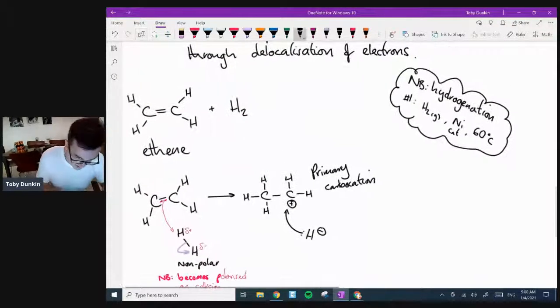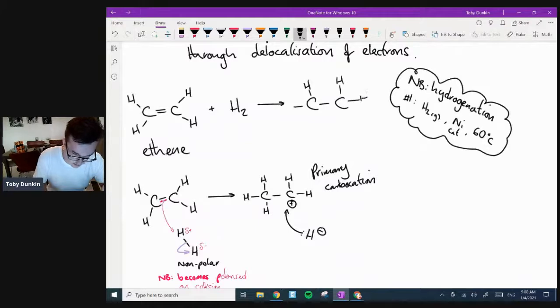So what we're going to form in this reaction is ethane. It's also nice to color code this. These are the original hydrogens. You notice that whenever you do an addition reaction with an alkene, you're going across the double bond. These are the hydrogens that I've now added. It's gone across the double bond that was there originally.